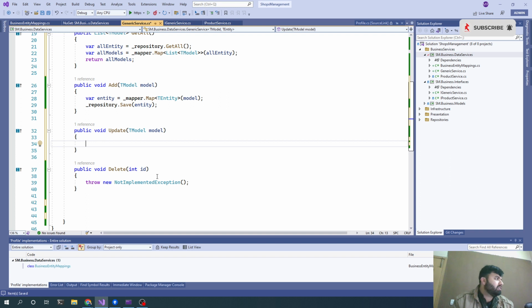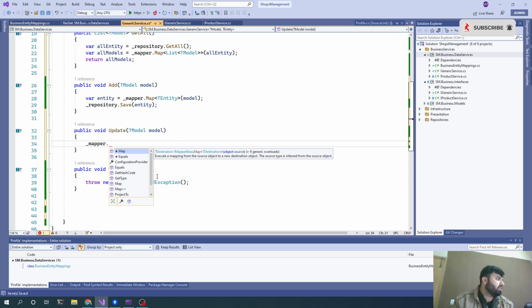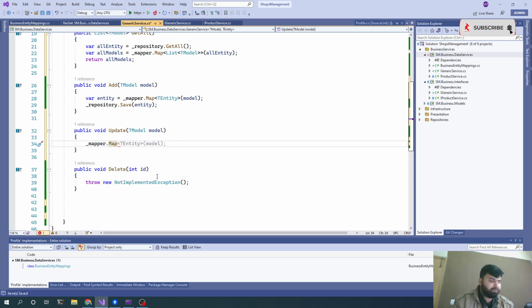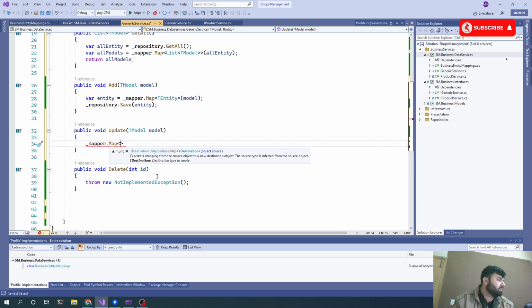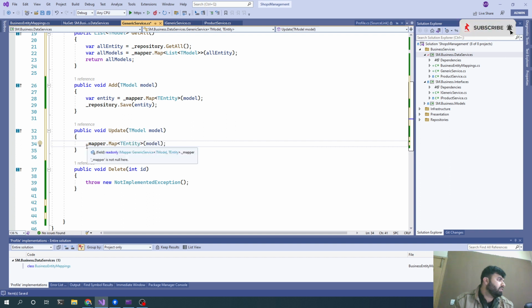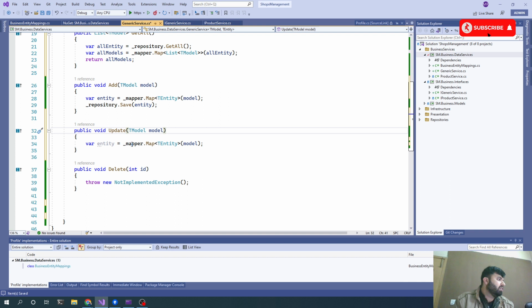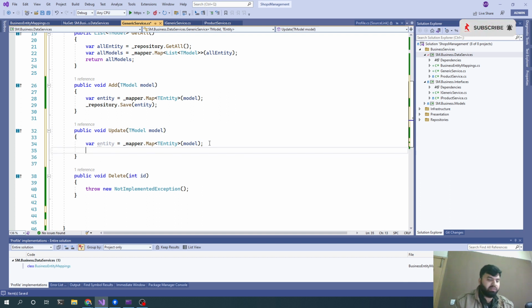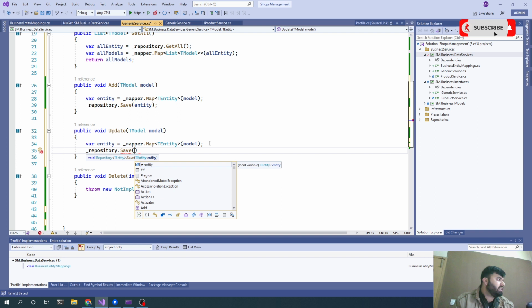But first of all, let's directly convert this one with IMapper dot Map this way, and let's name it entity, because we already have the updated version of our entity here in the form of model. So we need to convert into entity, and we can just simply pass that one to our repository's Save method